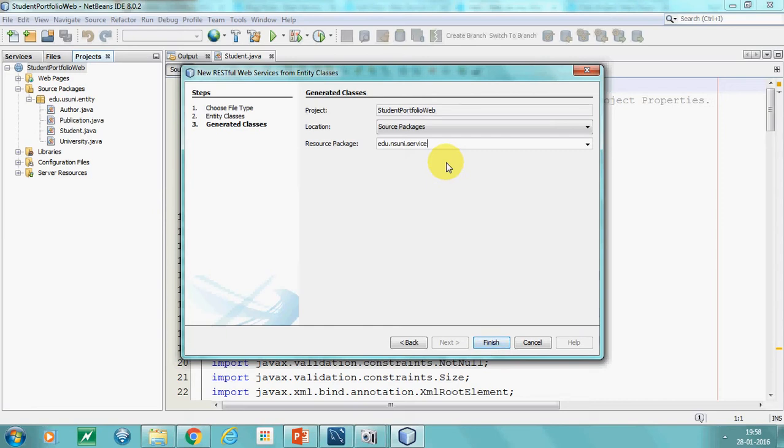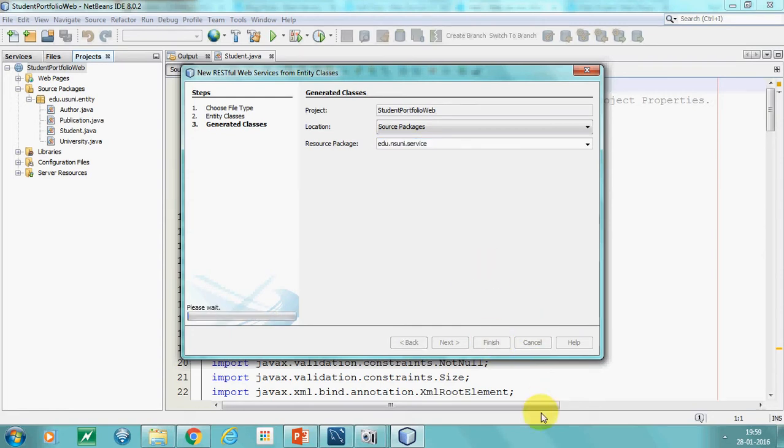This package is like a collection, a folder where logically your classes would be grouped together. Also physically, they will be residing in the same folder. So we have given the name edu.nsuni.service as the resource package.